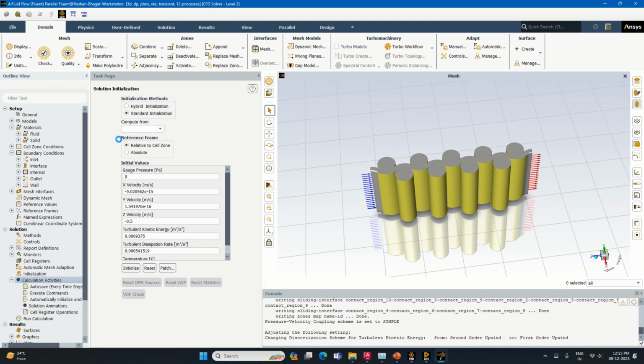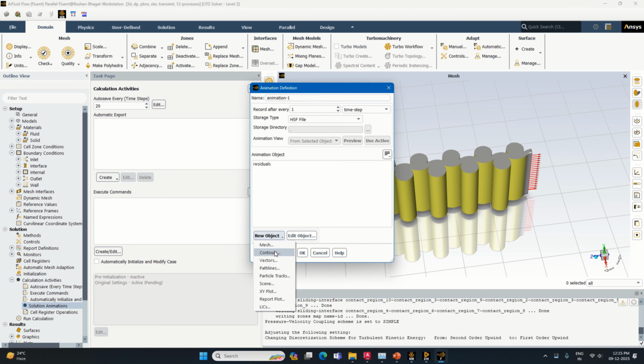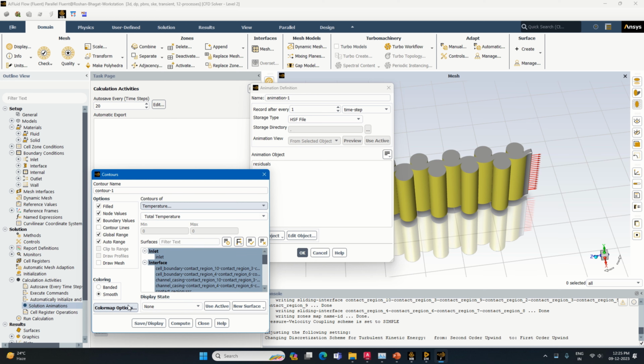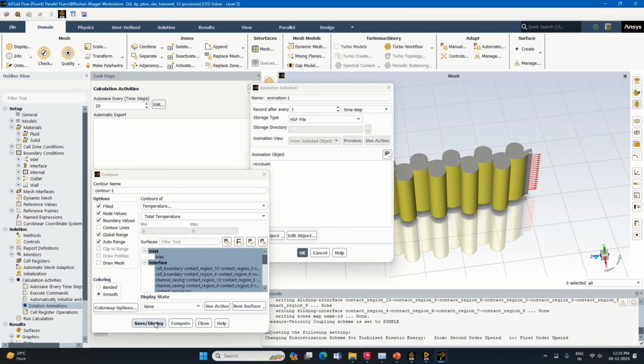Okay, so now go to the calculation activities, put it to around 20. Let's set the solution animation. So what do you want to visualize? Let's say I want to visualize the contours of temperature, total temperature. I will select all. If you don't want the exponential scale, you can select the float option and then close, make it save